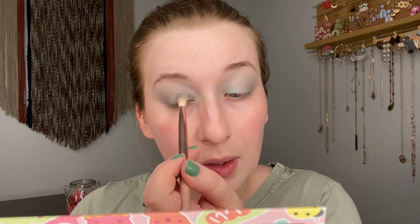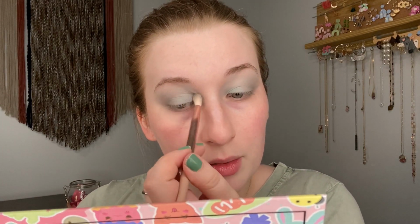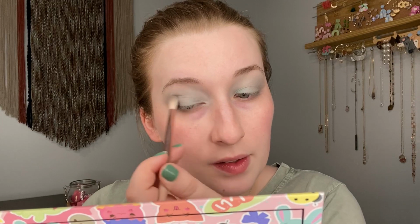And then with that same gray shade, I actually want to pick up a little bit of the lighter teal we were using. It's like a minty teal, and use this to blend all over the front part of the lid. I really like where this look is at, but I will say I'm having quite a hard